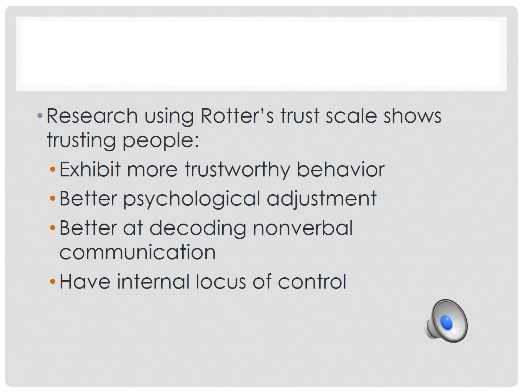So this more balanced, generalized form of interpersonal trust, much research, whether it's Rotter or those who came after him, others who picked up on his work, has shown that trust scale scores tend to be positively related to trustworthy behavior. So those who have a more general trust that people are reliable act in a more reliable way themselves, which I suppose makes some sense. If for no other reason than they're trying to live up to perceived social pressure, right? If others are reliable, I better be reliable too.